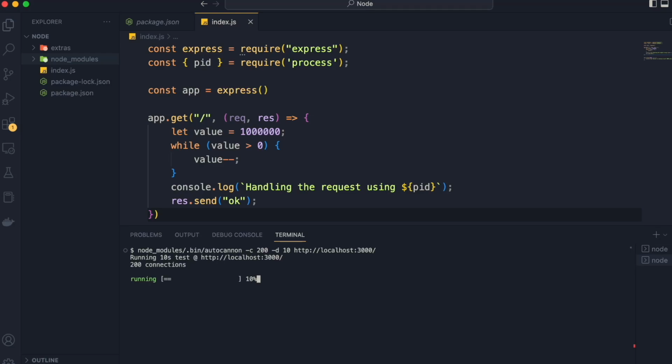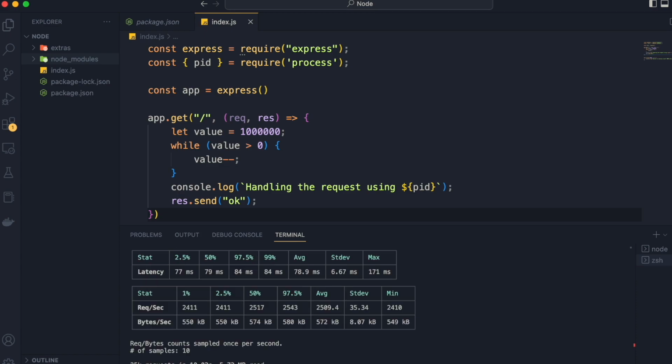Now we will load our server again with the same number of concurrent requests for 10 seconds, and we will compare the results with the previous one. As you can see, this time we got 2410 requests per second, so the average value will be around 2300